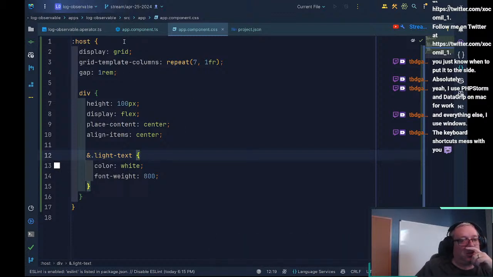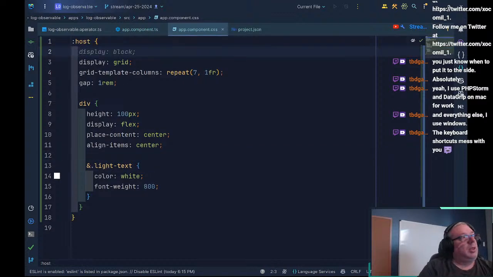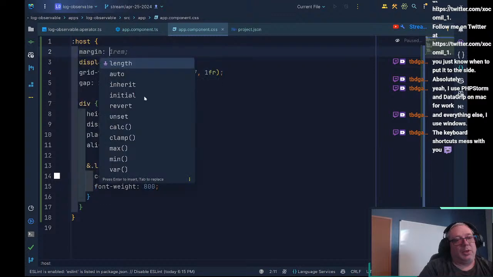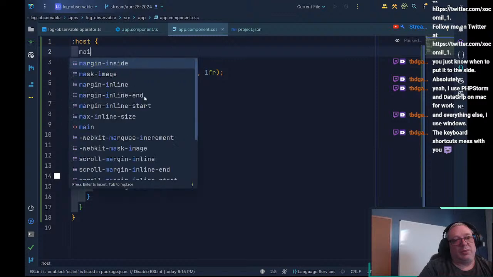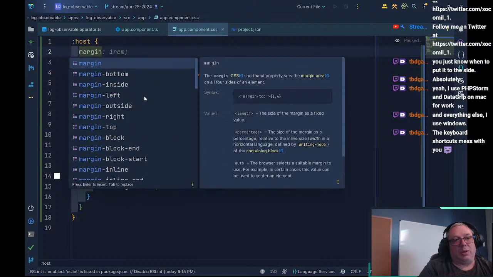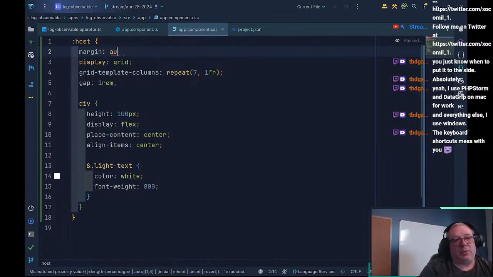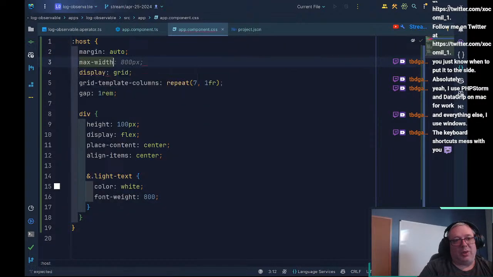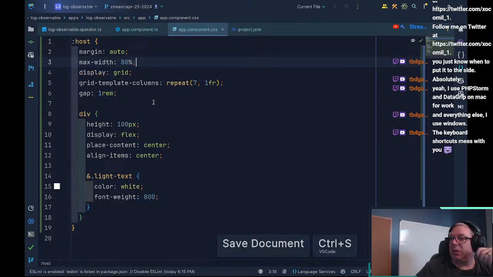And here for the host, do margin, and let's just do margin auto. And we'll do a max-width of 80%. And that should give us,